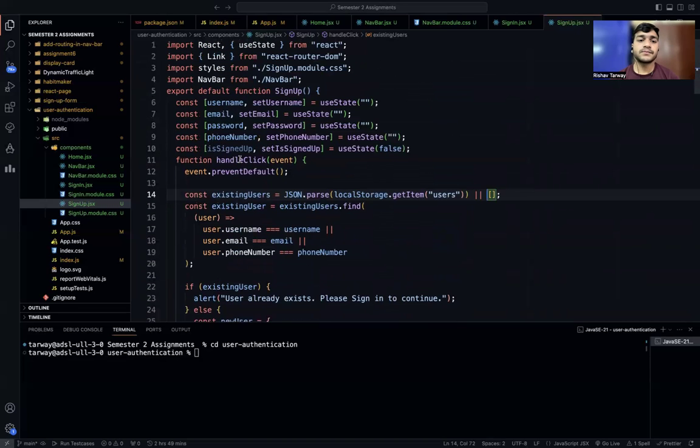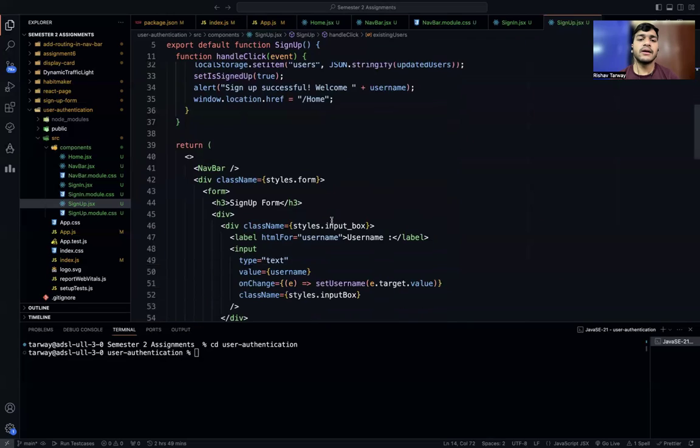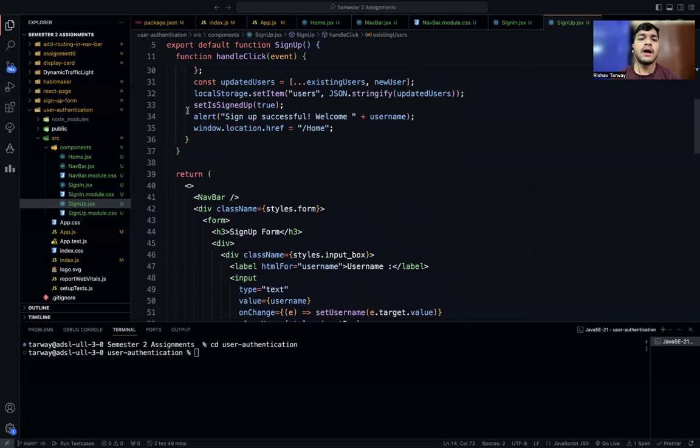Now the state variable which we have declared here will be updated to true, and then an alert message will be displayed to the user: sign up successful, welcome. In this way a successful message will be displayed to the user, sign up successful, and the username which the user has declared will be shown here. And window.location.href, what this line clearly does is navigate the main page of the user to wherever we want. So we simply want the user to navigate to the page slash home,